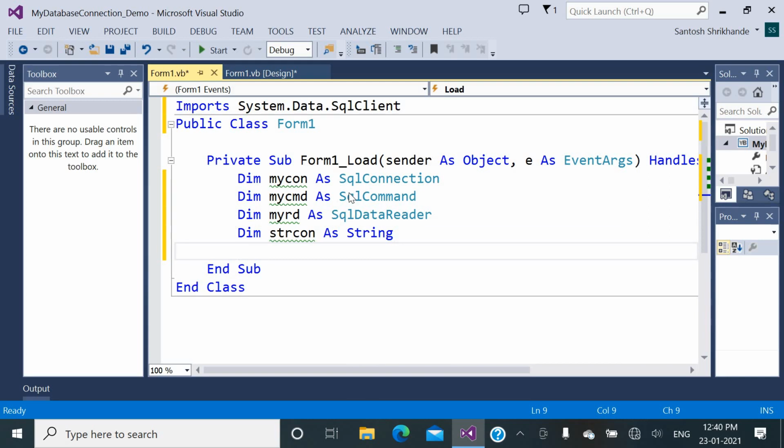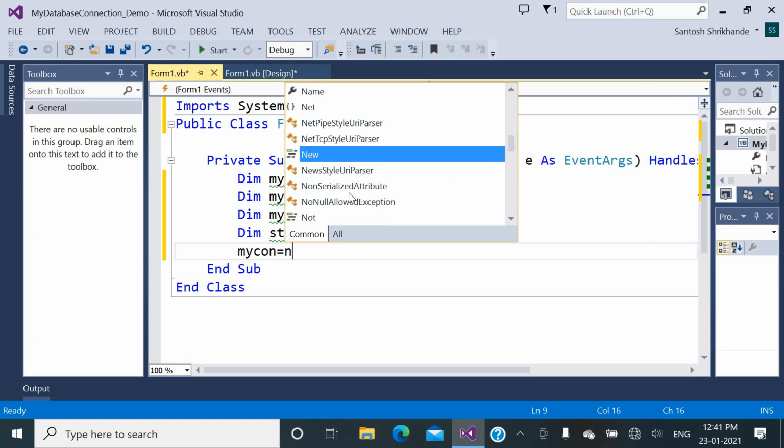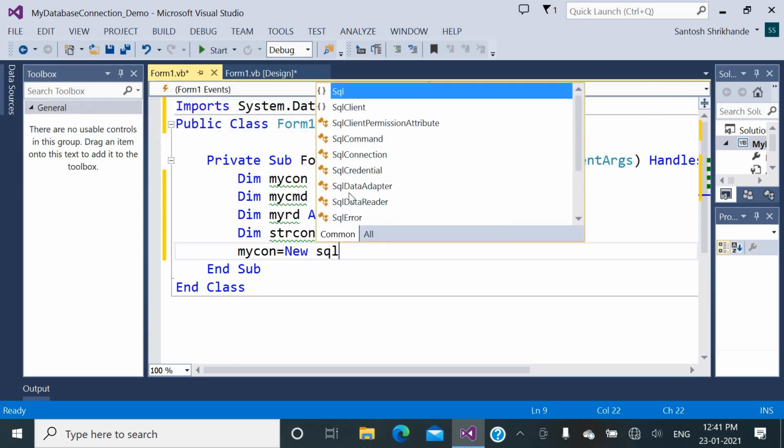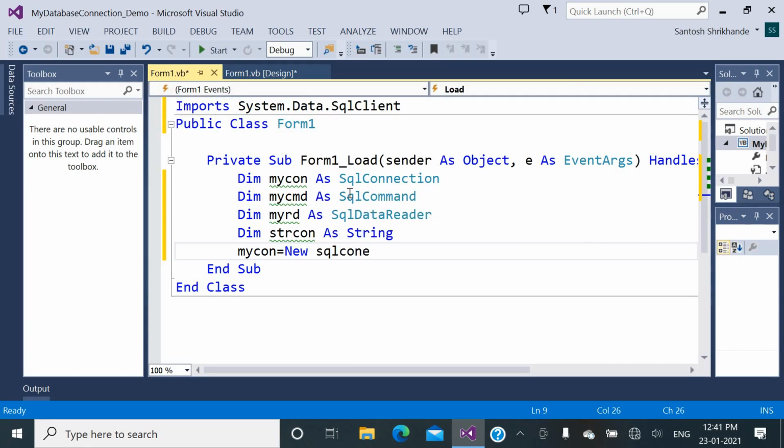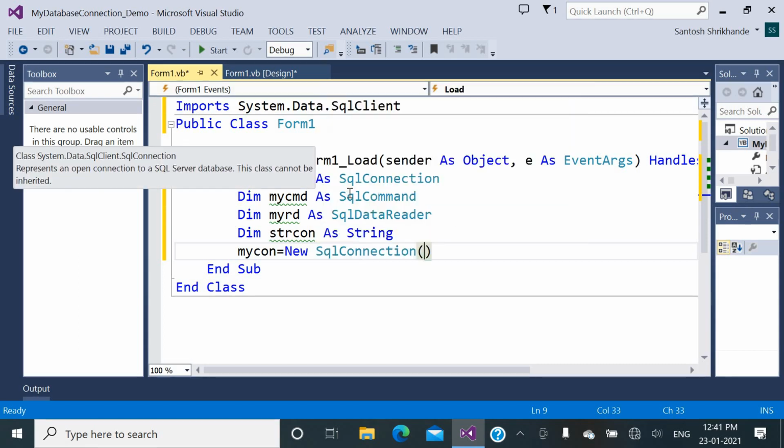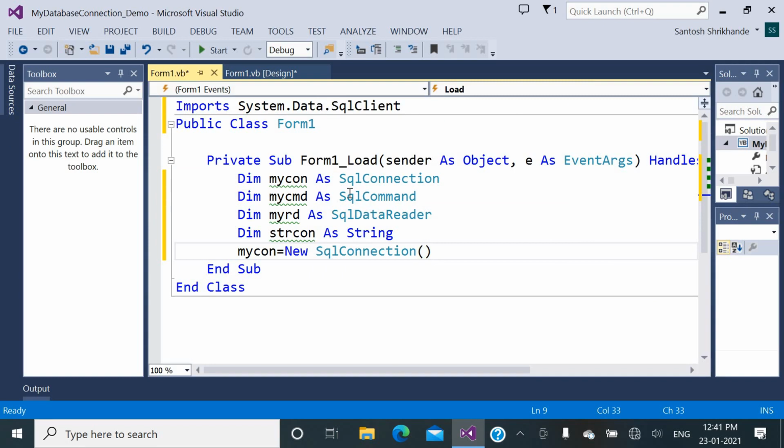Now if you want to make a connection between the Windows application and the Microsoft SQL Server database, then we have to create an object of the connection class. So here my connection object is mycon equal to New SqlConnection, and here we need to pass the connection string.